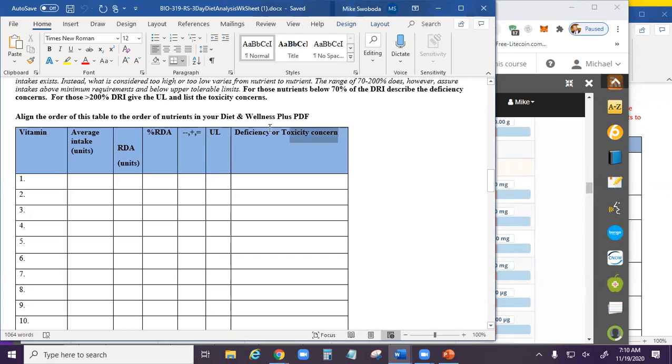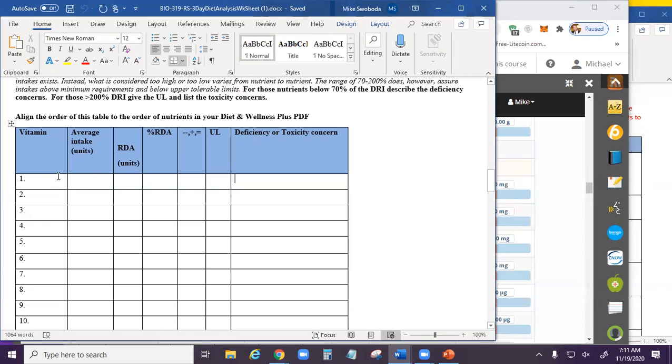And you only need to fill in deficiency or toxicity concerns if you are low or high, and only for those individual micronutrients. So for example, if you had vitamin C and you were low on vitamin C, you still want to list the upper limit here, but you want to talk about what the deficiency concerns are for you.